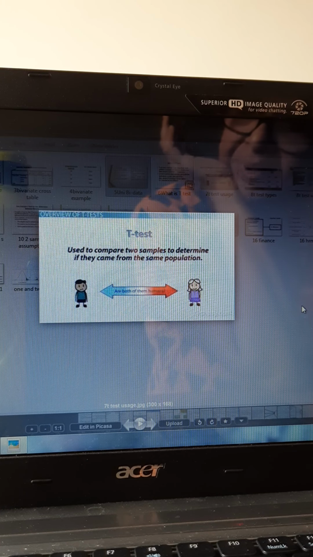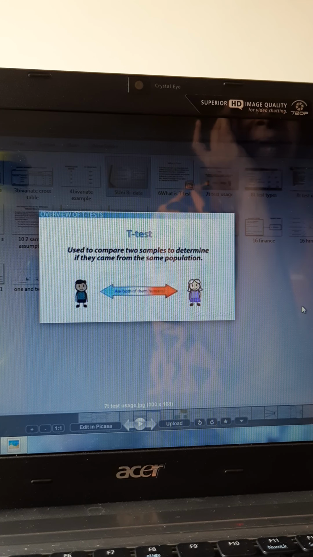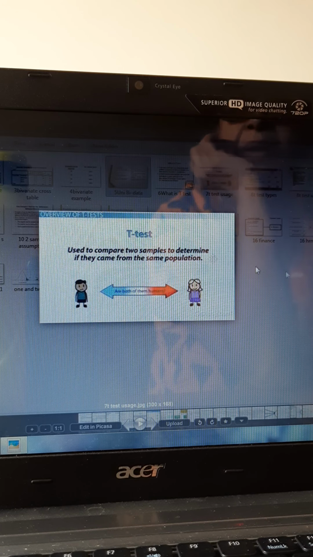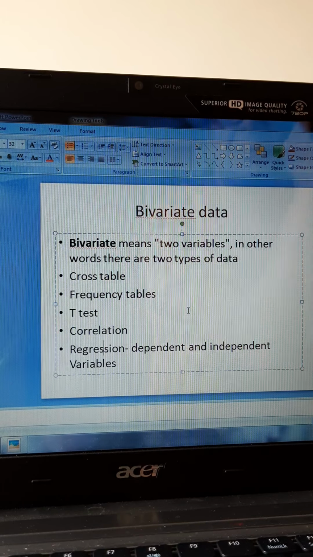So tomorrow we will see the other tests. There are parametric and non-parametric tests. Okay, we will see all the parametric, non-parametric tests, and also this we have to see. What is t-test we have done, what is correlation we have to do, what is regression we have to do. Next class we will finish these two tests, correlation, regression, theory like this, and then we will go to parametric and non-parametric tests.